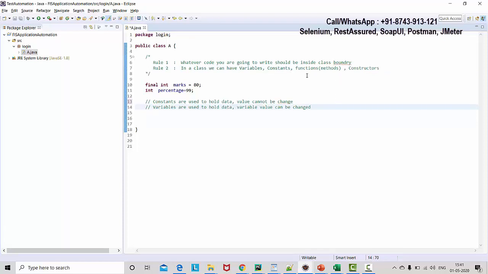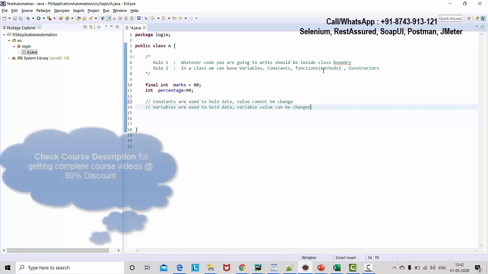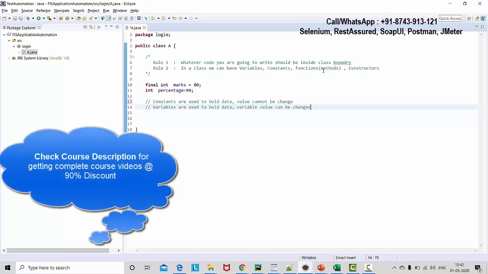Other than variables and constants, whatever code you want to write should be inside a method, or we can call it a function. A function or method can be defined as a group of code which is used to perform a specific task. As of now I'm not going for the definition. Let me start writing methods.